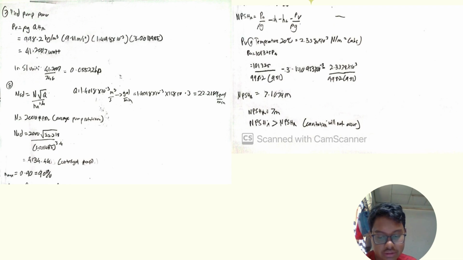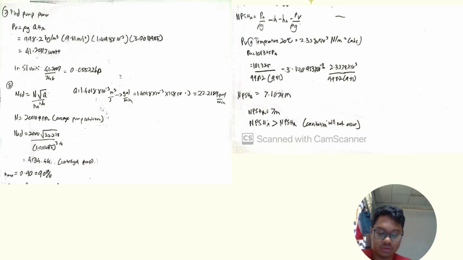Then after that, we can obtain N_SD equals N times square root of Q over H_A to the power of 3/4. Our N is 2000 RPM, which is the average rotation of the pump. Then we can obtain the N_SD, where our N_SD indicates a centrifugal pump,